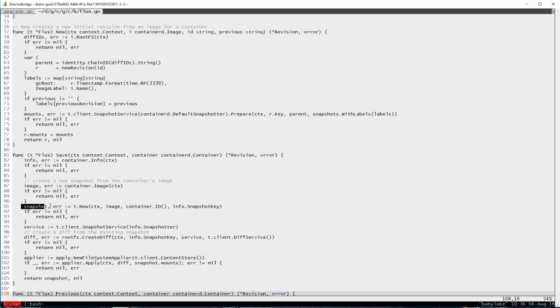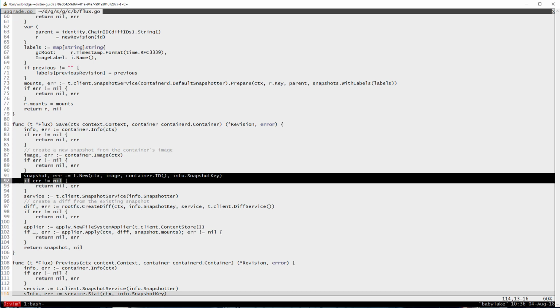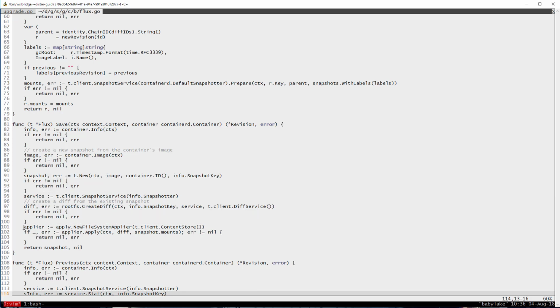So now that we have a new revision created, we need to get our snapshot service back, and we need to create a diff of our container's current RW layer. So we got our container information here, and this is its current snapshot key. So we use this rootfs package and ask it to create a diff based upon its current snapshot, and this will give us the content of the RW layer. And so after we do that, we have our snapshot of the new image, we have the diff of our current RW layer. We need to apply that